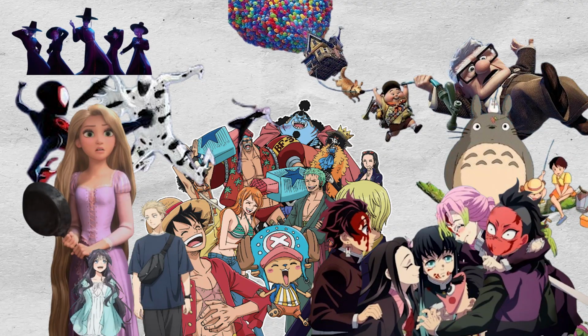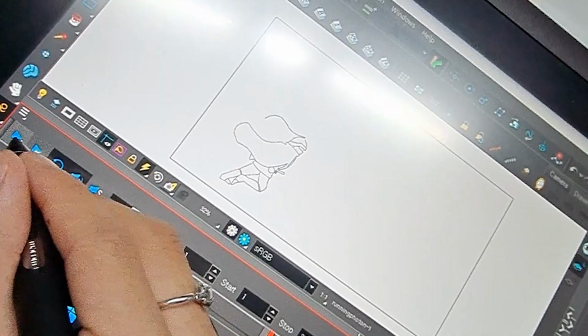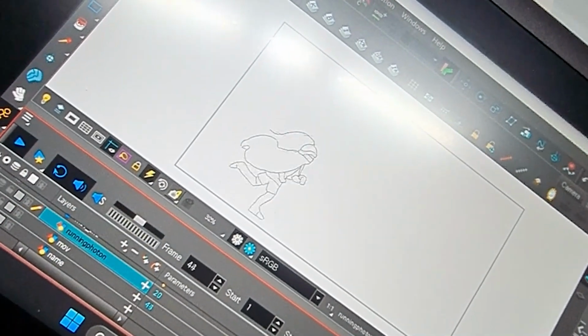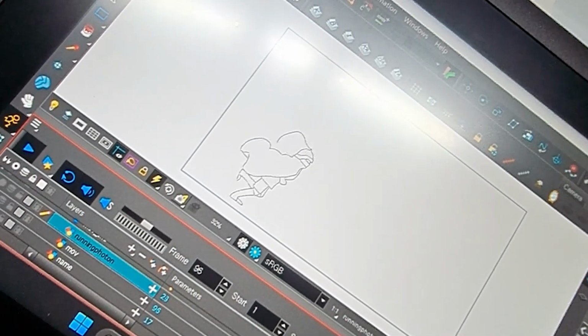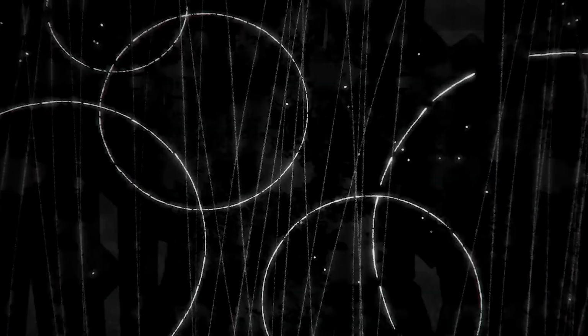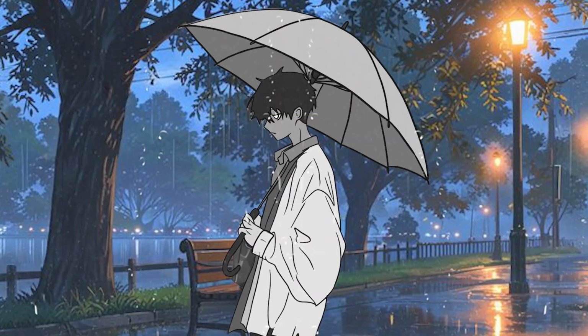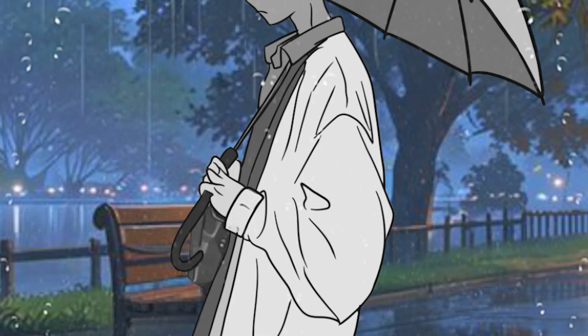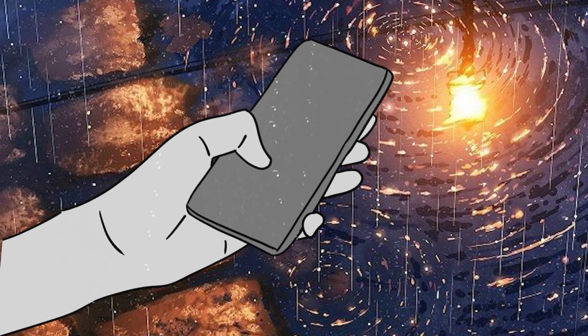Animation is something very familiar to us. Most of us have grown up watching animated stories since we were children. The word animation comes from the Latin anima, meaning the breath of life. It's a technique that brings still images or objects to life, making them appear to move as if they were alive. But how was this familiar art form created? And how has it shaped the way we experience stories and culture today?